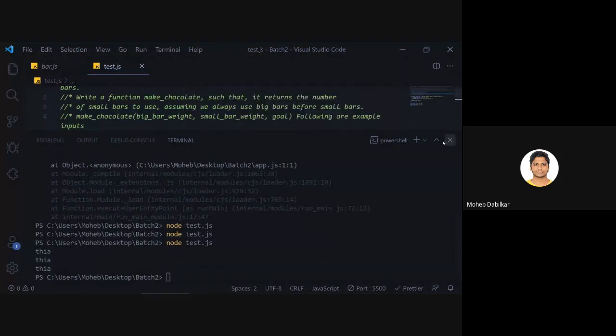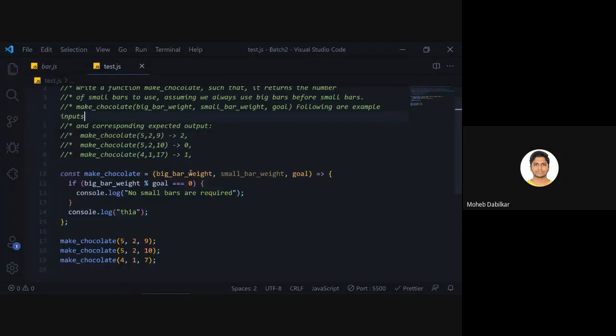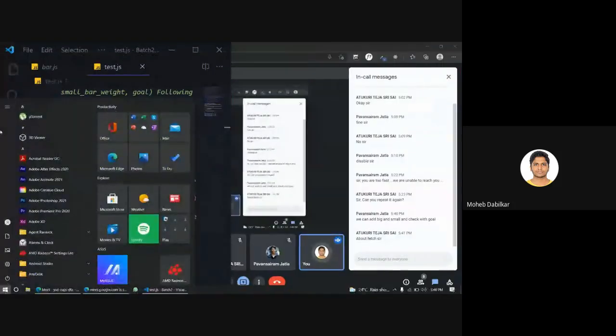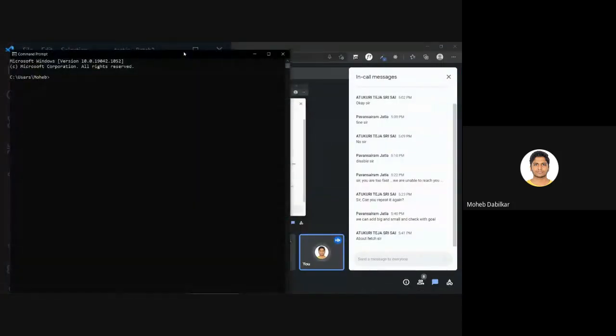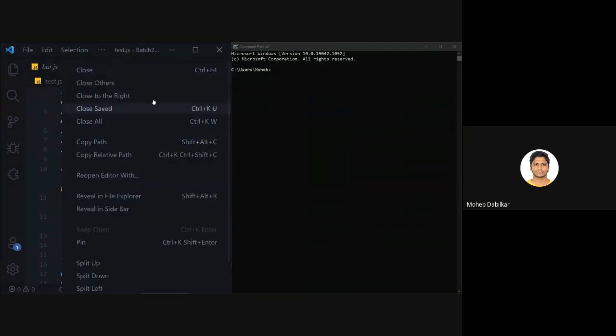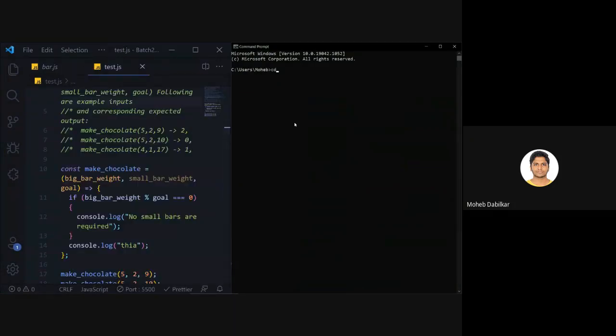Yeah, it does work. It works 3 times as well. So we will put this over here and open it in command prompt.